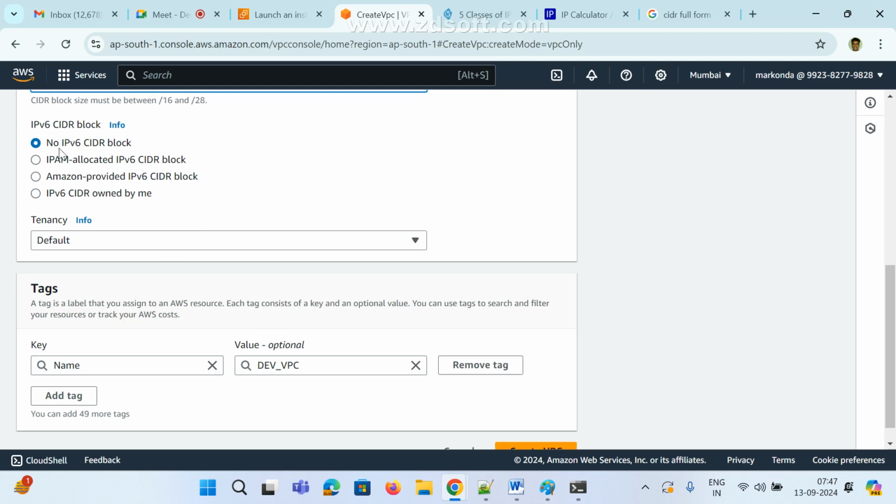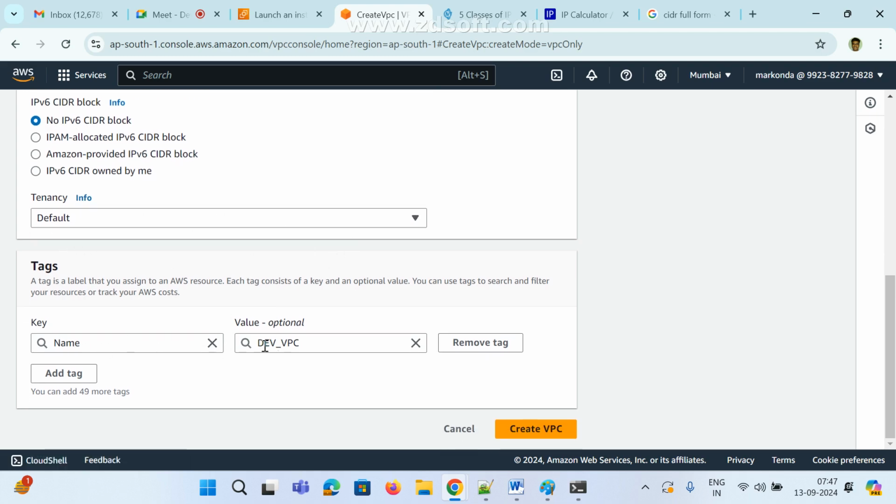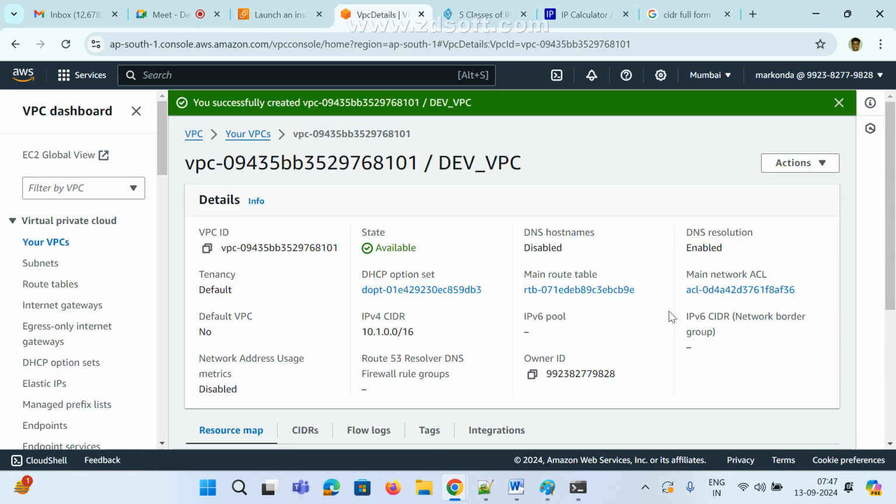Now see here. If you want to, we can change it. I am not going to change. So this is tenancy default. Leave it. And these are the tag names I given only. Create VPC. That's it. Creation and all very simple, guys. VPC creation and all very simple. But before creating the VPC, we need to